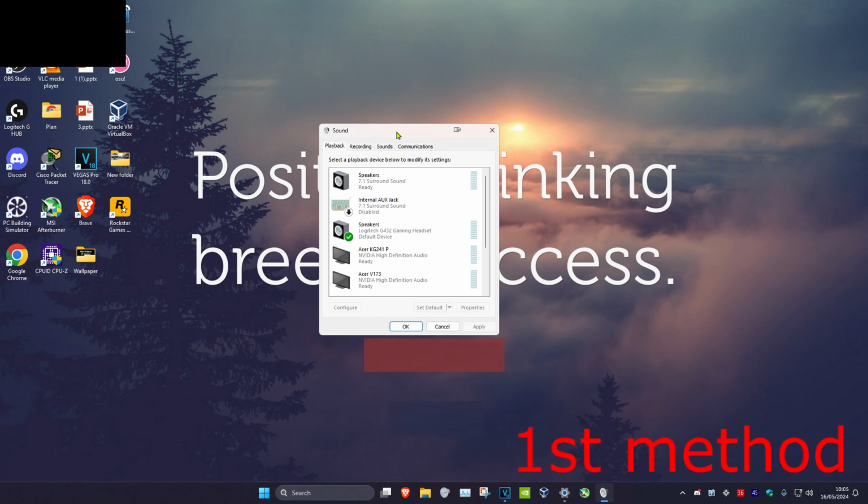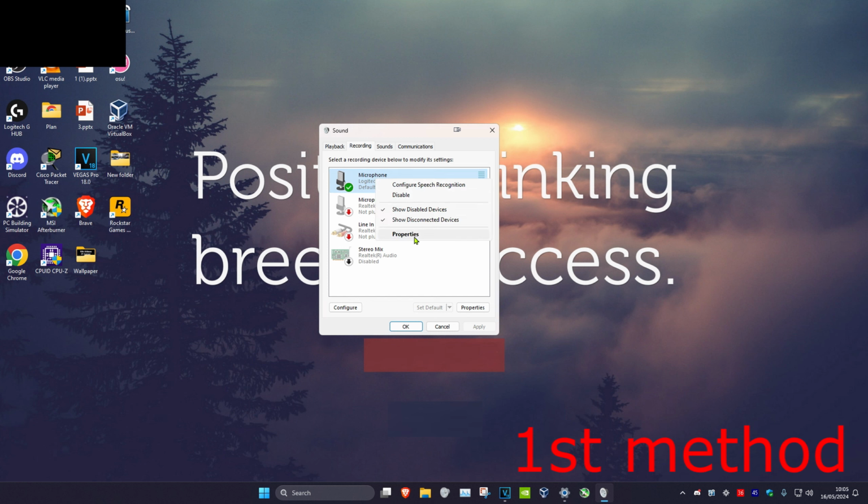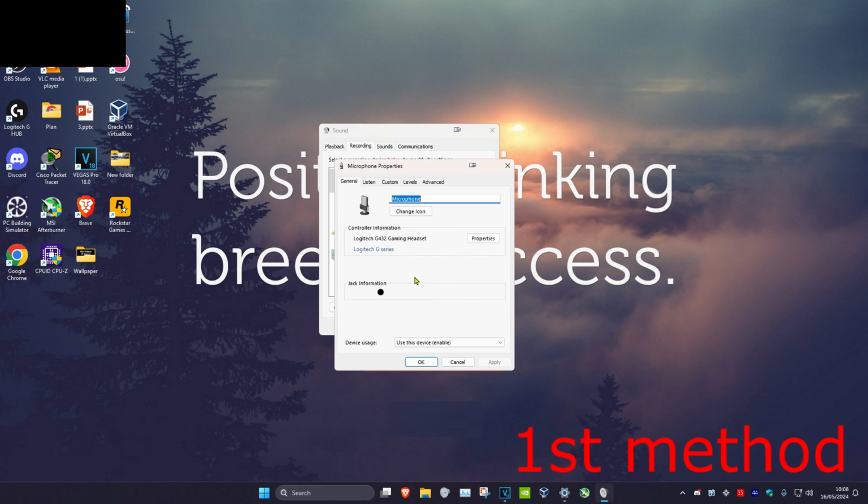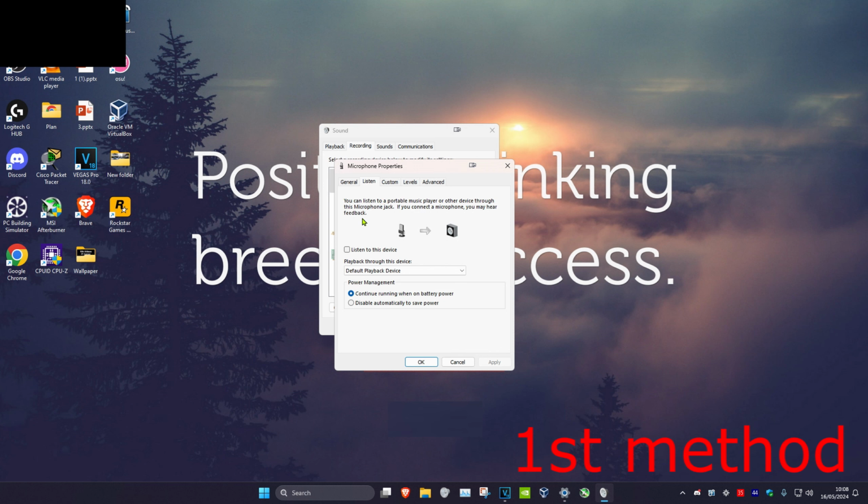Now once you're on this, you want to click on the recording tab, and then you want to find your microphone. You want to right click on it and then click on properties. Now once you're on this, you want to click on the listen tab, and then you want to check listen